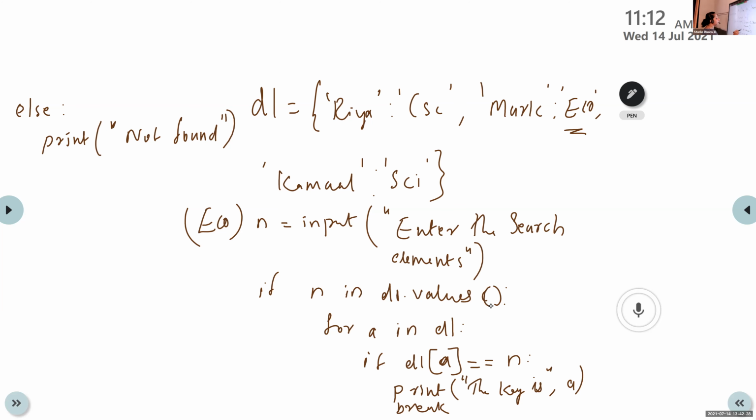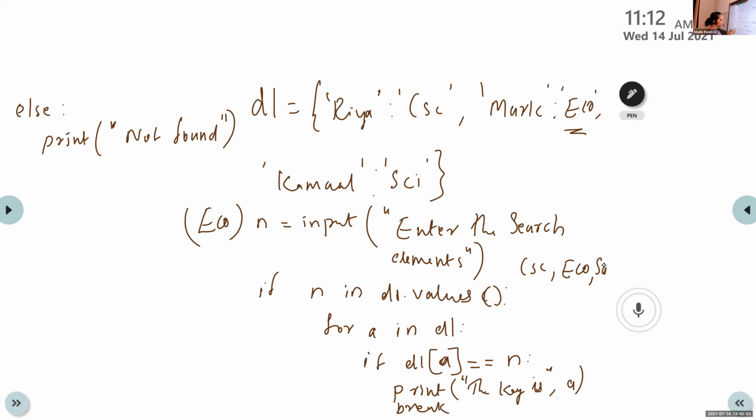So if n in d1 dot values, d1 dot values means it is CSC, ECO, and SCI. So it will check if n. What is n? Krishna, what is n? Input value, right? Which value we are giving here?